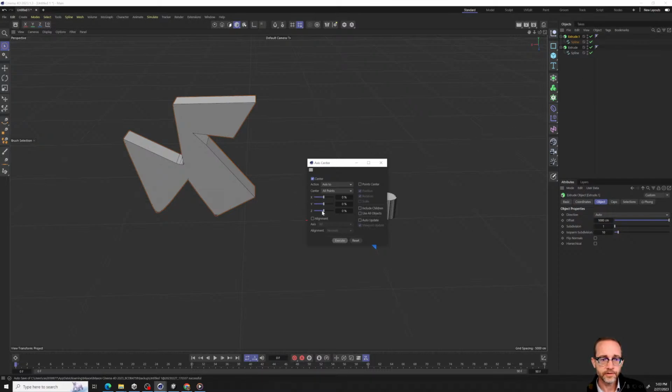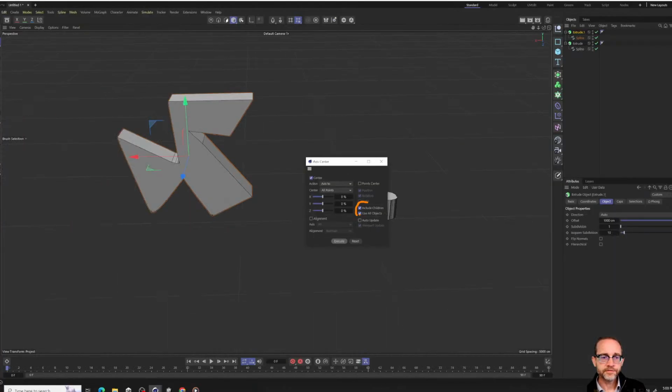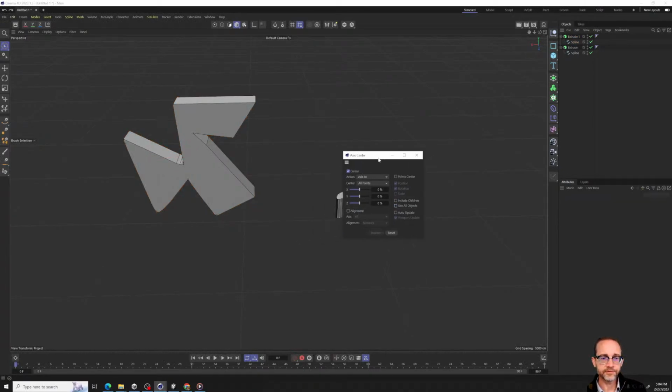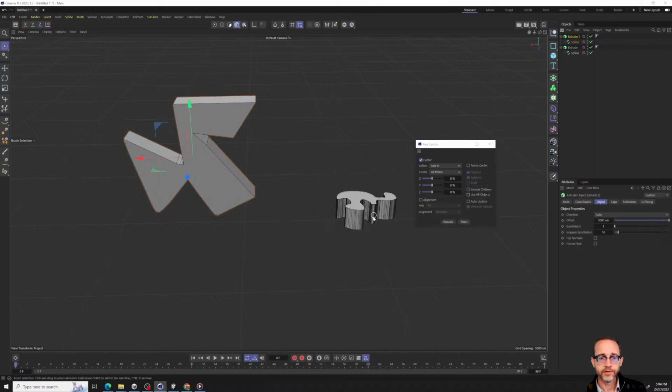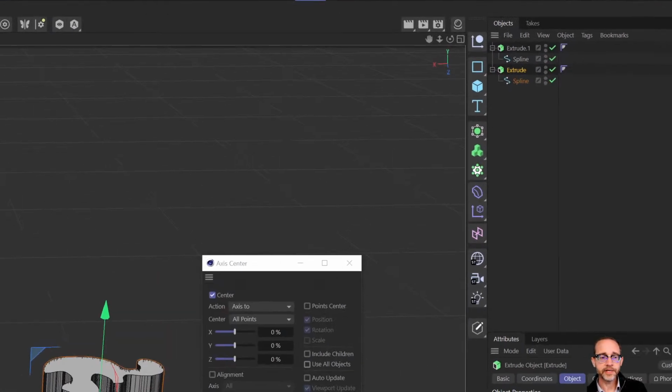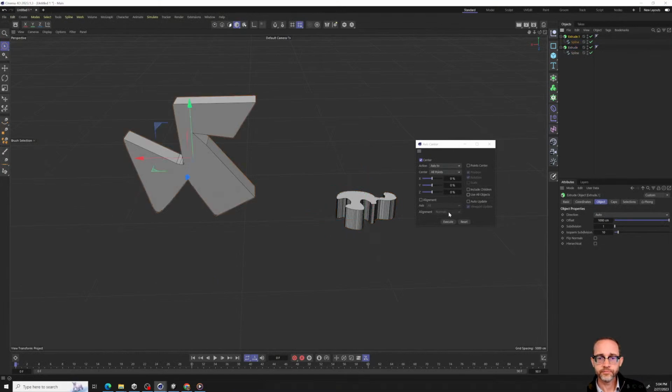If we look, in this case, when we first pressed the button, it did not move the axis point. It stayed over there, which is not what we wanted. There it is. Why did it do that? A little complicated. It stayed over there because